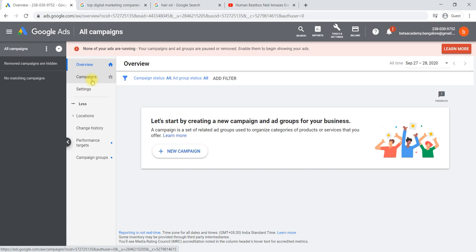You can create ad groups also. An ad group is nothing but, all hair oil related ads will be one ad group, and all bicycle related ads will be one ad group. Like that you can create different ads for each product, and each product's ads are grouped together as an ad group. In a single campaign you can run multiple ad groups. In the sense, a campaign may be promoting your brand, and within that campaign we can promote all the products also. In the same way, we'll show you how to create a campaign, and you will understand better then.